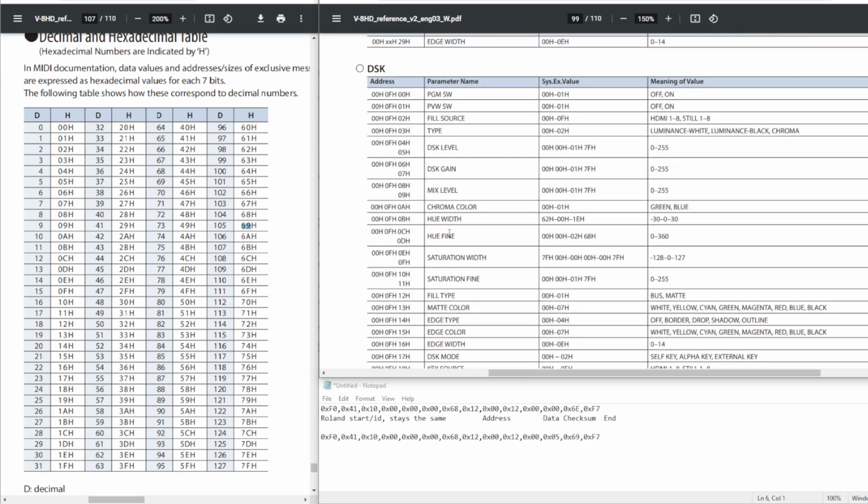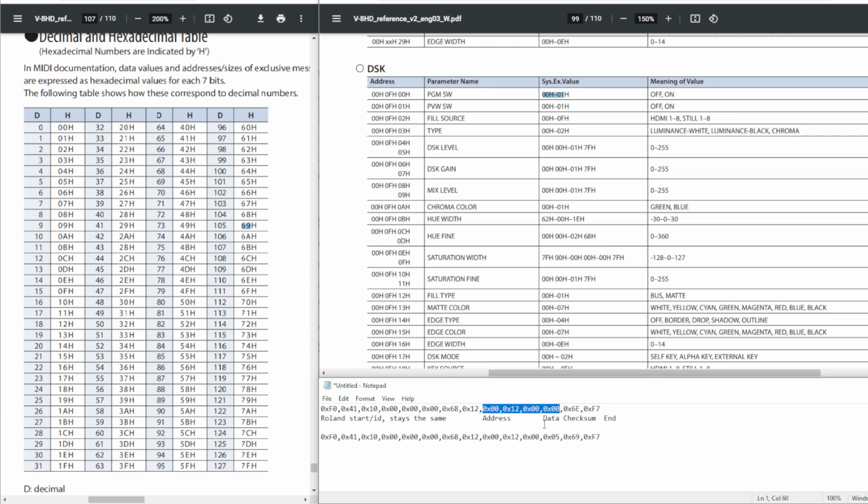Or let's go to the disk ones. Not seeing any there, but it would still be copying this address down, setting your value to either on or off, either to 0 or 1, adding up the address and data, and